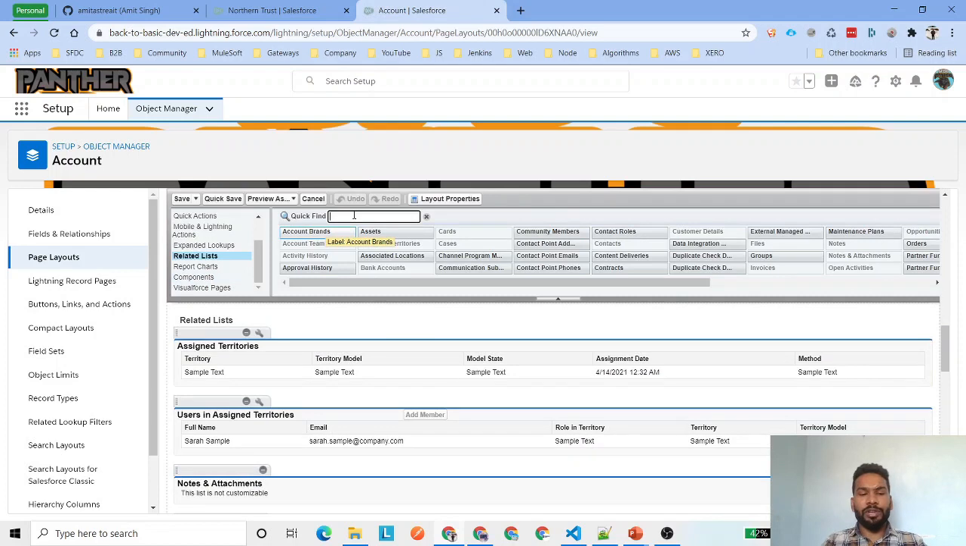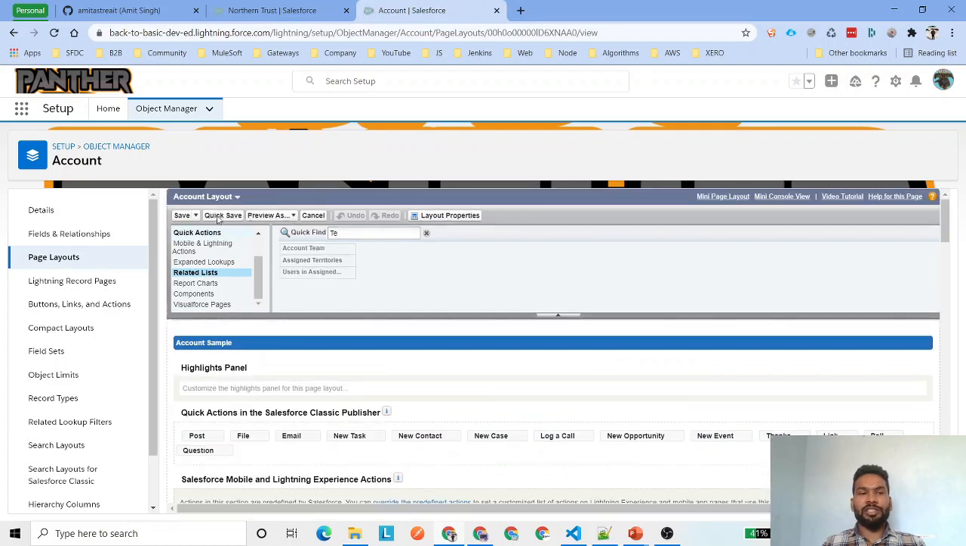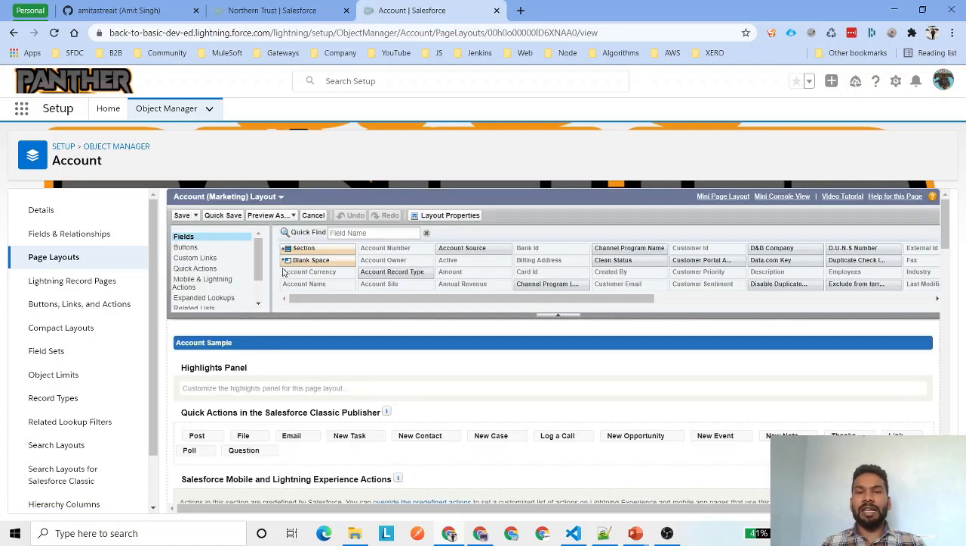So here, search for territory. You also already have assigned territories, and you also already have user in assigned territory. That means we don't need to edit this page layout. You can also have a quick look if I have got it for the account marketing,